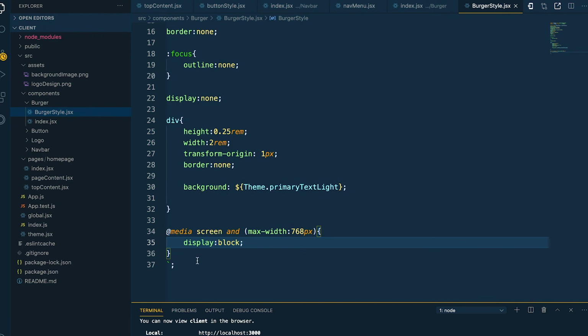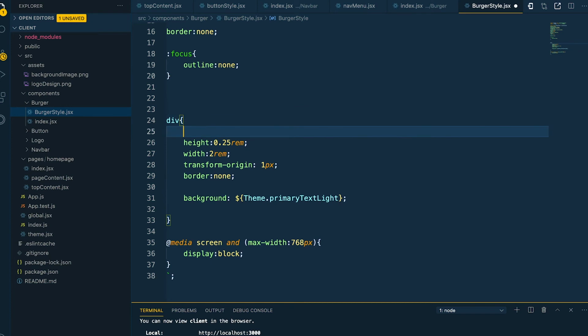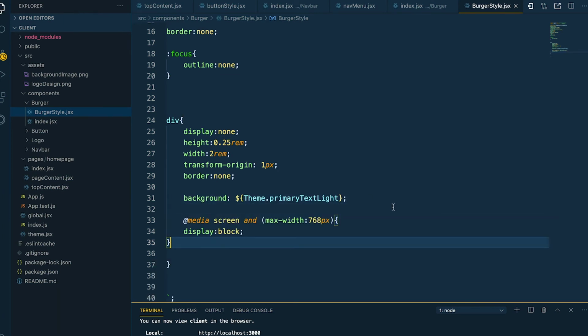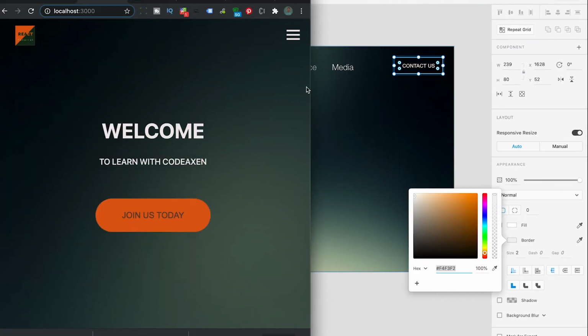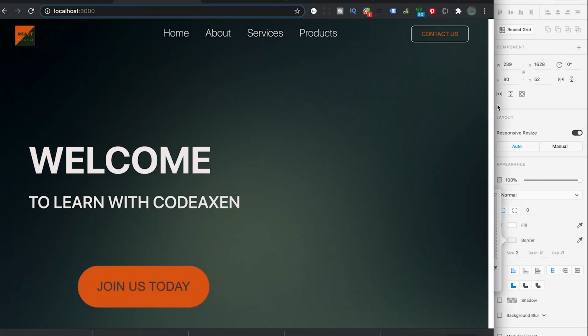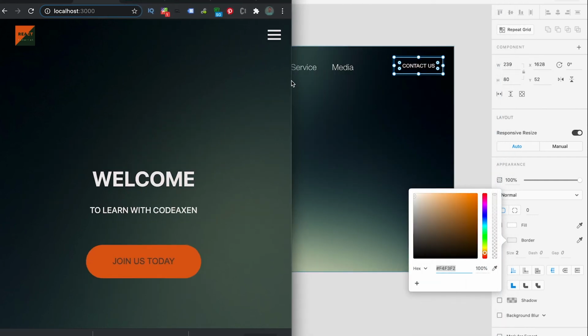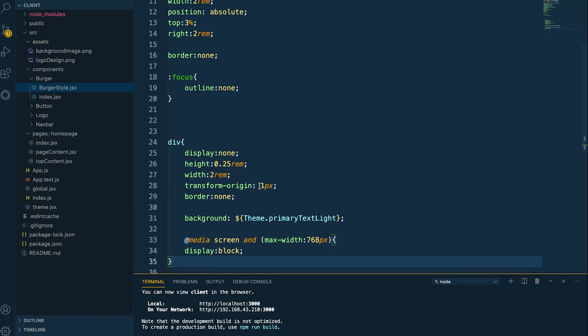We need to change this, so this has to happen here, and also we need to put this one inside here, like so. So when we are at the full width, it's not available. Good, so now we have successfully created our hamburger menu, and now we are going to work on our side